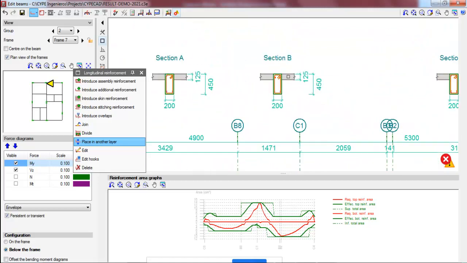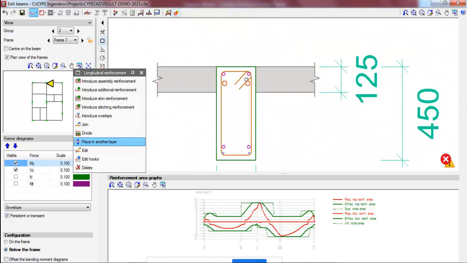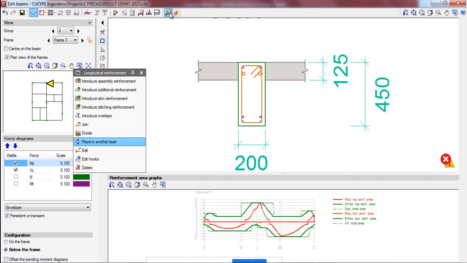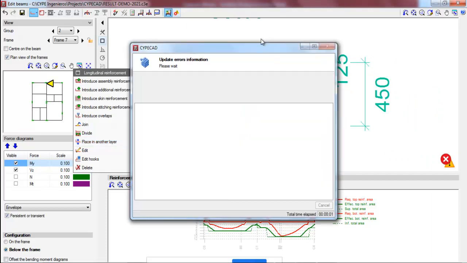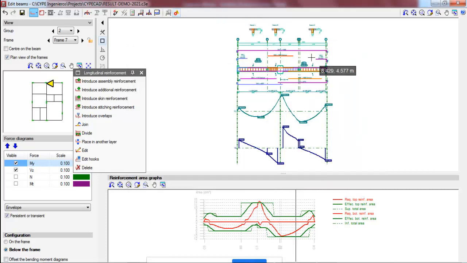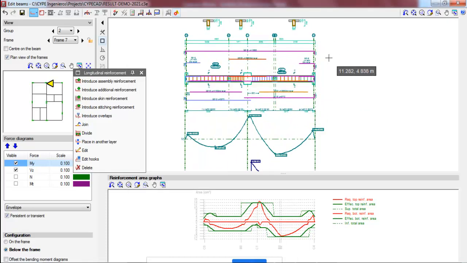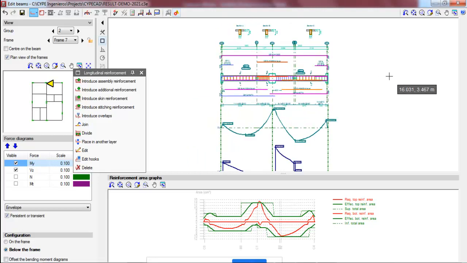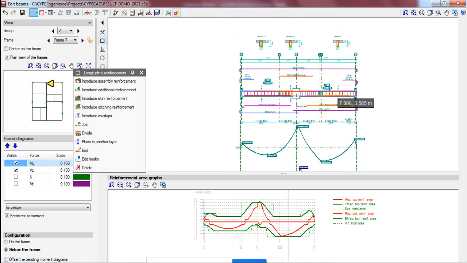You can see this reinforcement is placed in the second layer now. Now you can simply update the information. The software is checking whether everything is okay or not. Perfectly all right. So this is not a problem now. There is no red mark, that means everything is perfect.